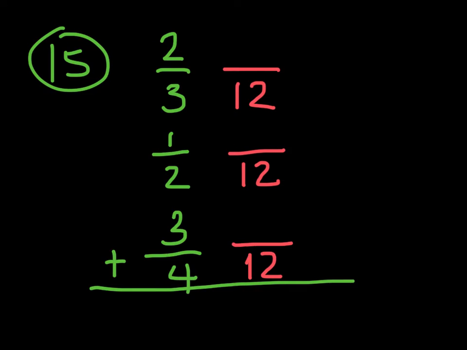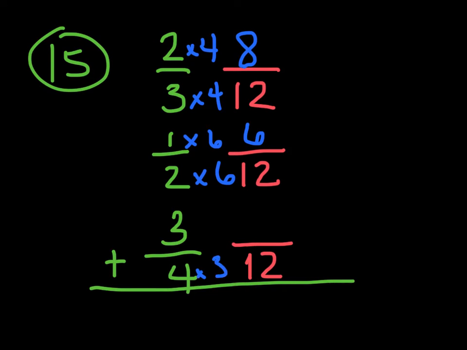Okay, 3 times 4 gives me 12, so 2 times 4 gives me 8. 2 times 6 gives me 12, so 1 times 6 gives me 6. And then 4 times 3 gives me 12, so 3 times 3 gives me 9. Okay, now I can add up my numerators. Should give me 23 over 12